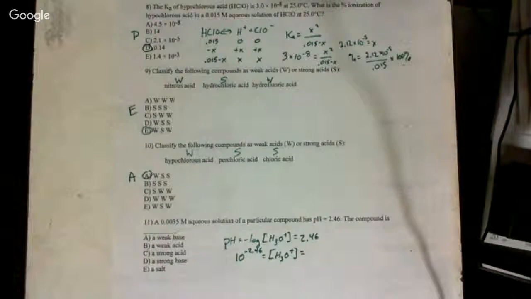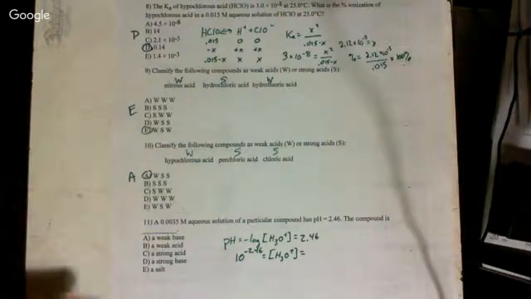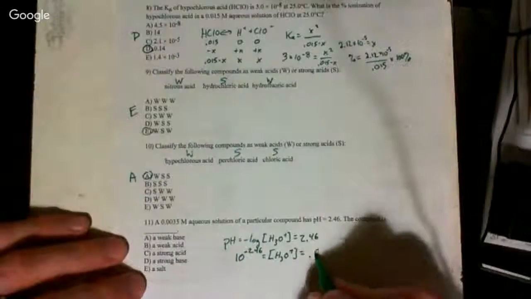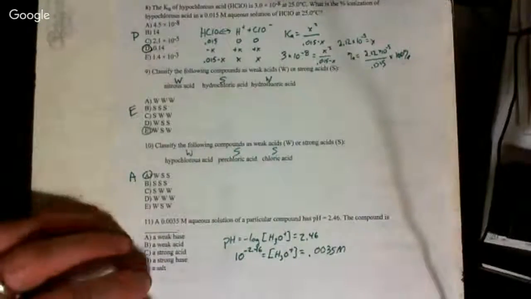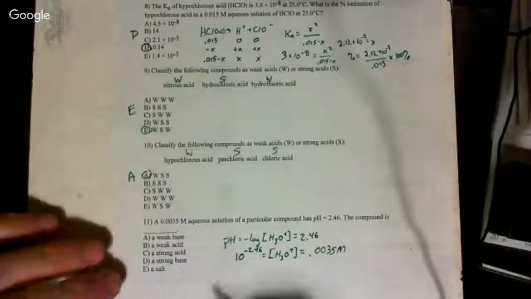And so if I do all of that stuff, I'm going to get that 10 to the negative 2.46 power is about 0.003467, which is really close to 0.0035. And I really liked this question because what this forces you to do is forces you to recognize that